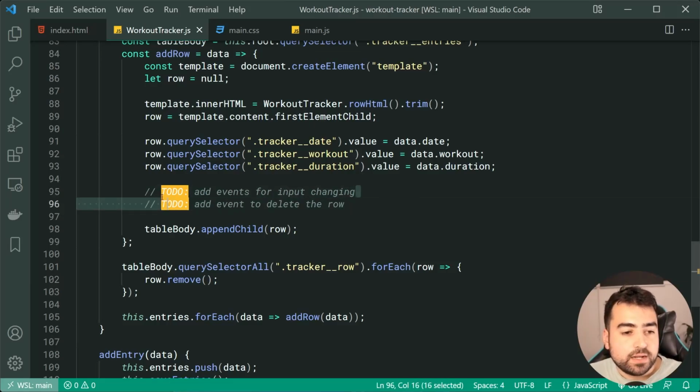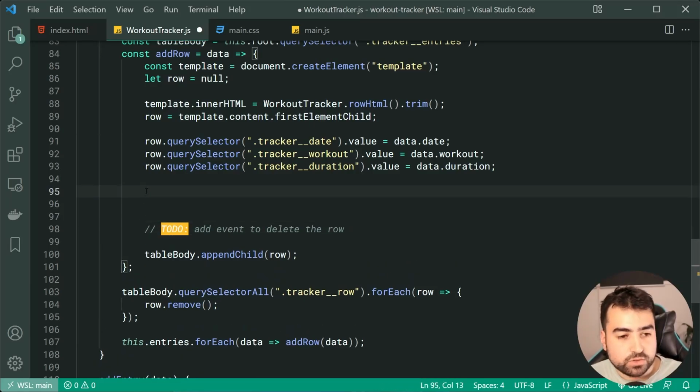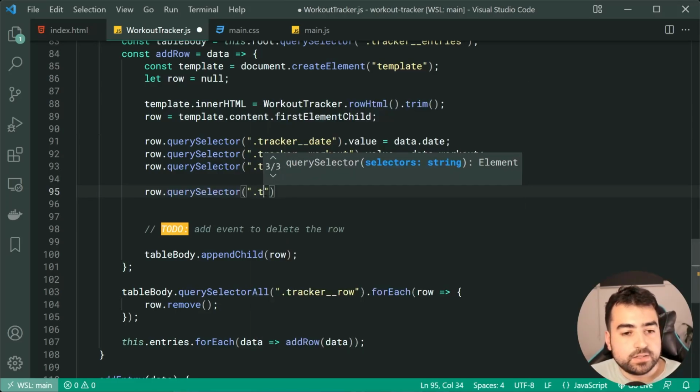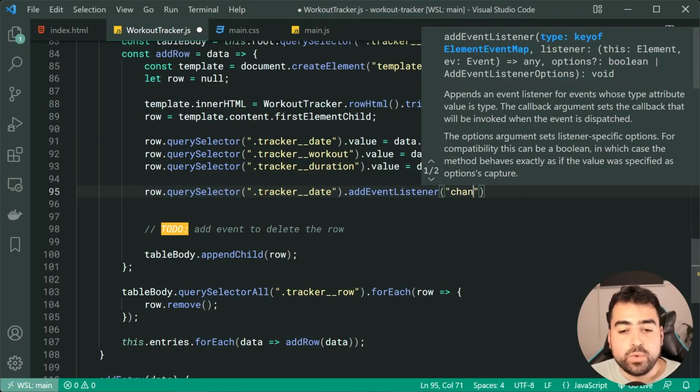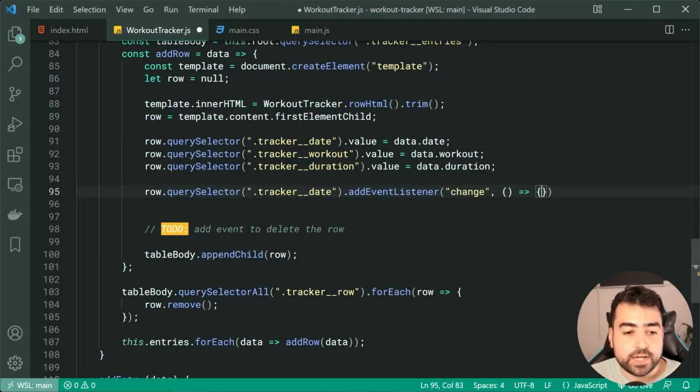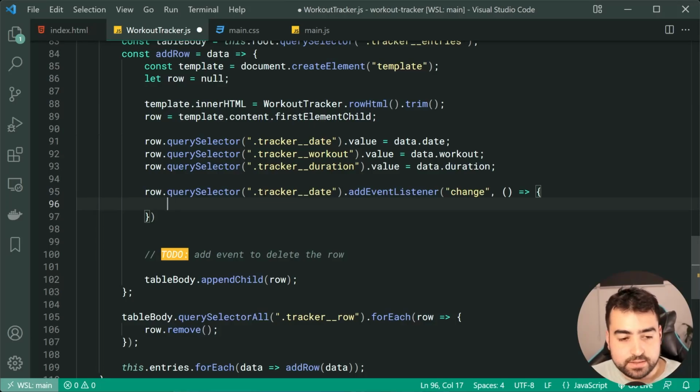All right. So right up here, we're going to say, look, row.querySelector. Okay. We're going to be selecting here, once again, just those input fields. So we can say here tracker_date. Then we can say .addEventListener. When the date field changes, so of course using the change event right here, when the date changes, we're going to say data